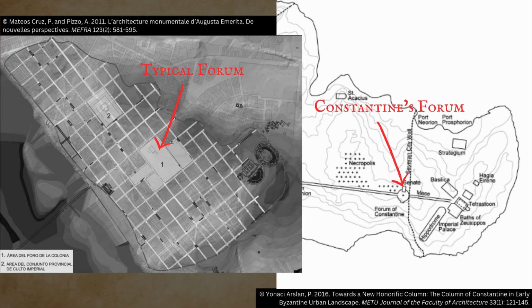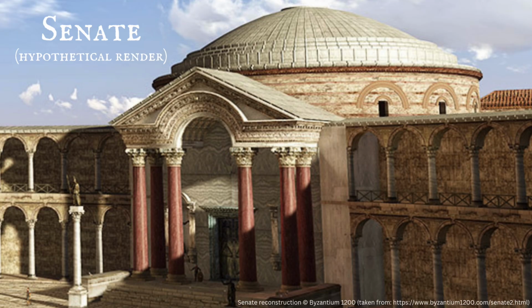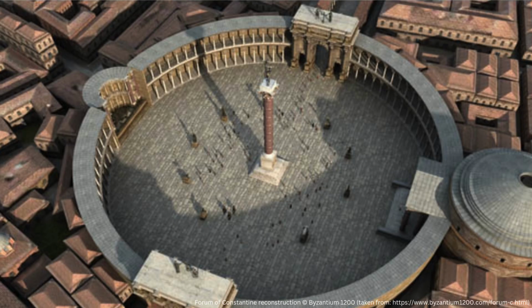These were typically rectangular, but Constantine's forum was circular, and at its center was a large porphyry column with a bronze statue on its top of the emperor wearing a radiate crown. It is thought that this associates the emperor with the sun god Helios, who is a personification of the sun, although the exact connotation of this statue is debated. There was also a senate house located here, although nothing of that building survives archaeologically. We also know that the forum was adorned with more imported statues, a big theme in Constantine's revamp of Byzantium.